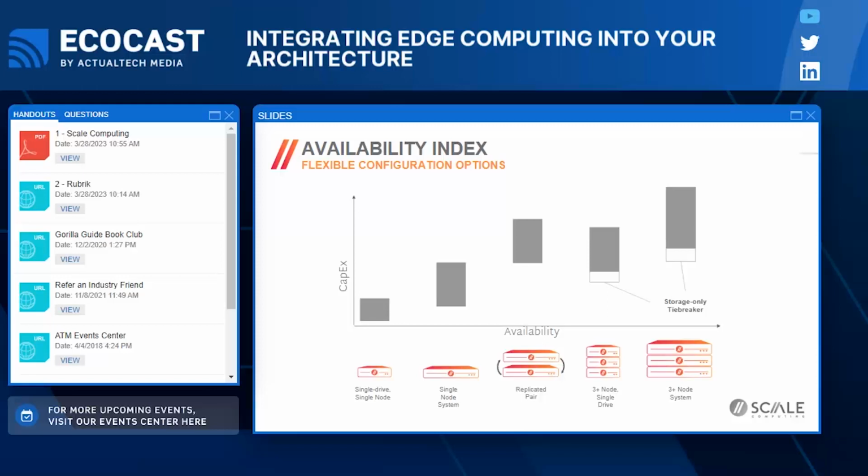One of the things that we're very good at are these 3-node configurations, and providing these 3-node configurations with smaller devices that are small form factor, lower cost, that are really well tuned. And very often the 3-node system is less than the cost of replicated pairs, and you get much higher availability and much higher utilization, because you're not having a full standby system sitting there doing nothing most of the time.